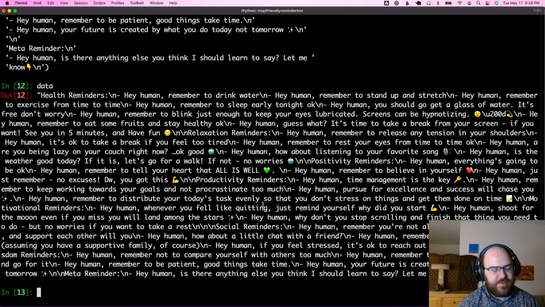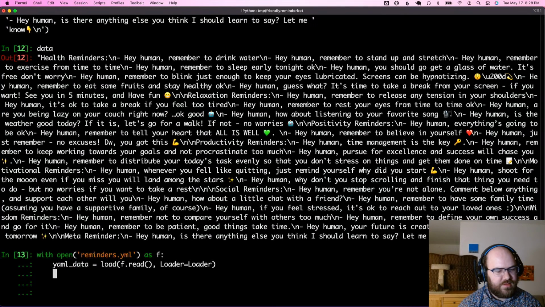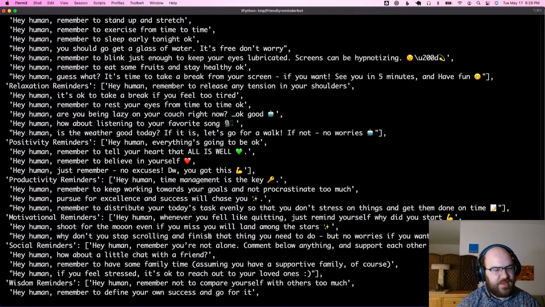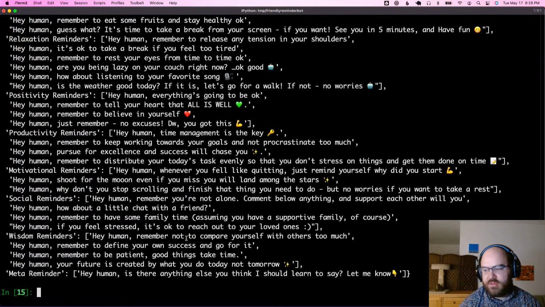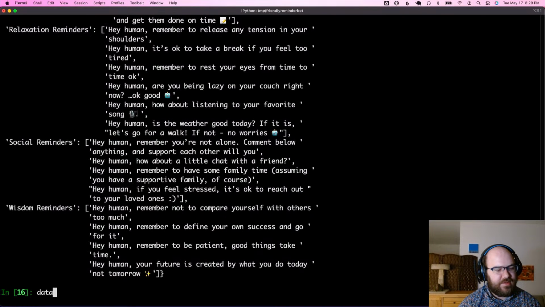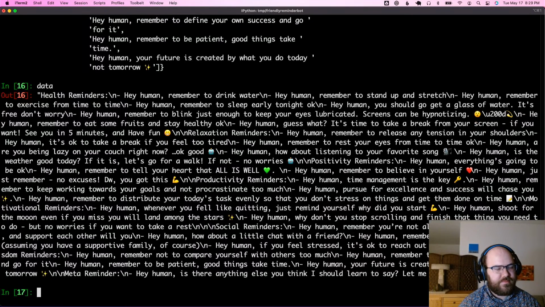Again, the steps were, this is the one that worked, isn't it? With open reminders.yaml as f, yaml_data equals load, f.read, loader equals full loader. No, we need loader equals loader. That's the one that worked. And then yaml_data is this nicely formatted stuff. Well, again, it's better if you pretty print it. You know, pretty print tried to print it nicer, but